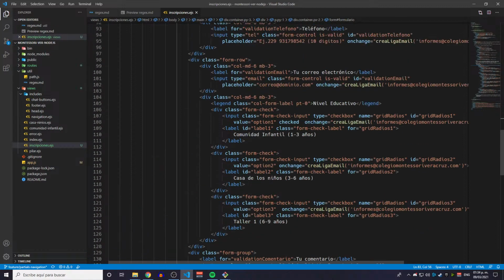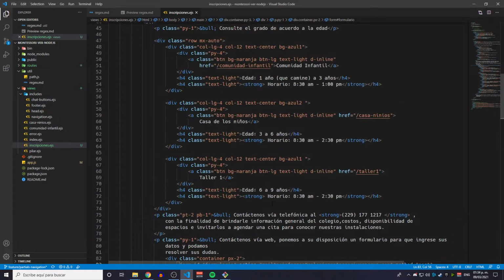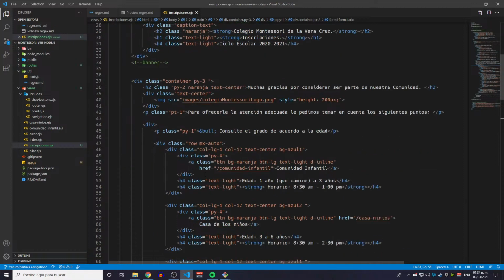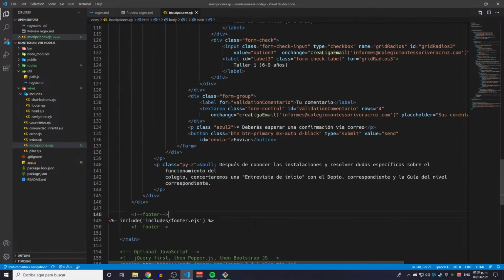Why? Because I'm going to run Node.js. I'm running Node.js right now with this project. It's not publicly available right now. When I publish this on the internet, I'm going to use the backend in order to send the emails instead of relying on the client side application or on an email client. I'm not going to be relying on an email client in order to send this email. So what I'm going to do,